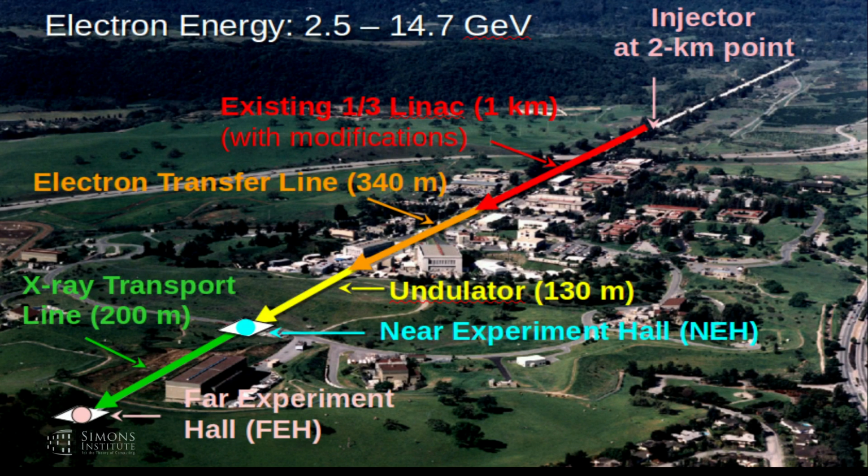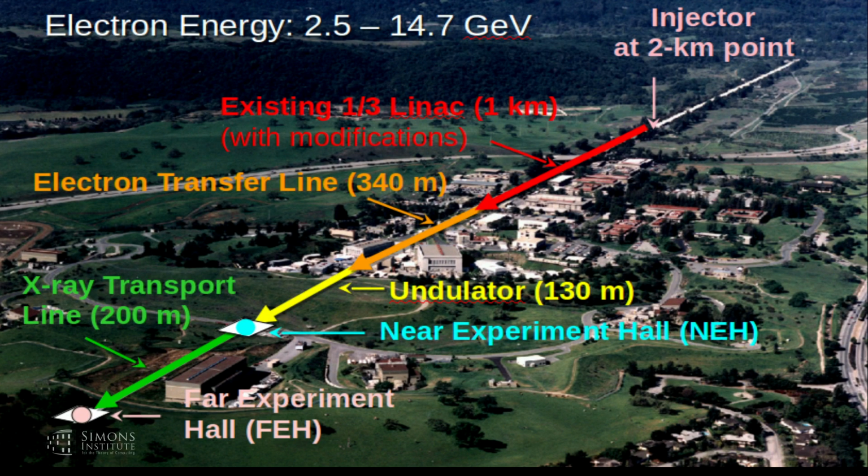So the LCLS is hosted at SLAC. We took over the linear accelerator that in the past was used for high-energy physics experiments like Babar. In particular, LCLS-1 took the last third, about 1 kilometer of the accelerator, to generate electrons in the 2.5 to 15 GeV range, and then sending these electrons through an undulator that wiggles the electrons, generates photons that then, interacting with the electrons themselves, generate a resonance that creates these very short pulses, few femtosecond pulses, of very intense, of the order of 10 to the 12 photons, that then we distribute to the near experimental hall and to the far